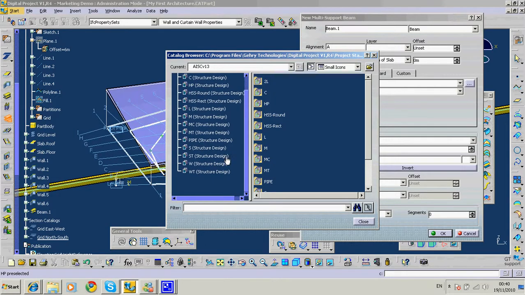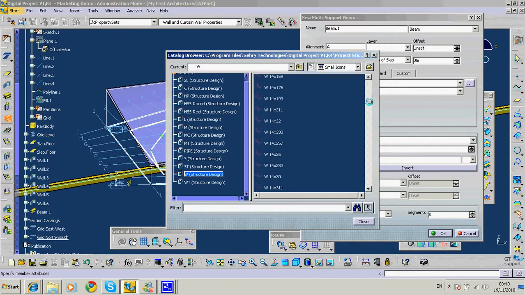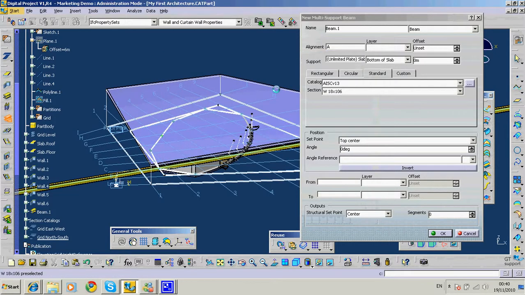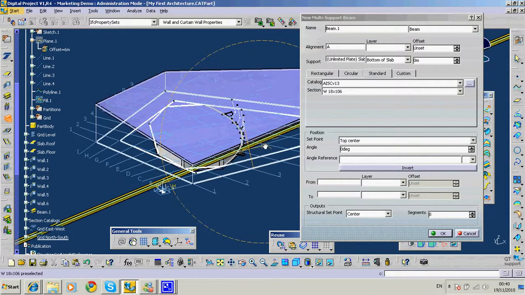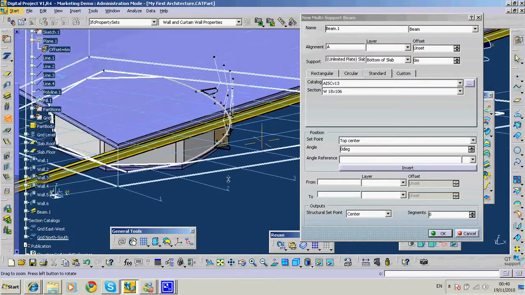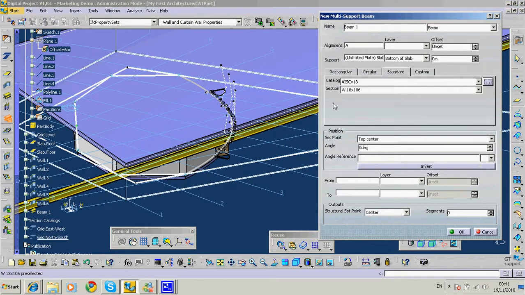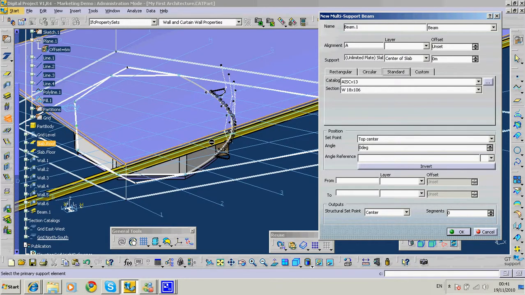predefined structural beams. The one we're going to use is W. Double click, scroll down, find W 18106. 18106, this one. Okay, double click, and that will bring you the right section. And also you can see this is like an infinitely long section, and so you can change this one maybe to center of slab,